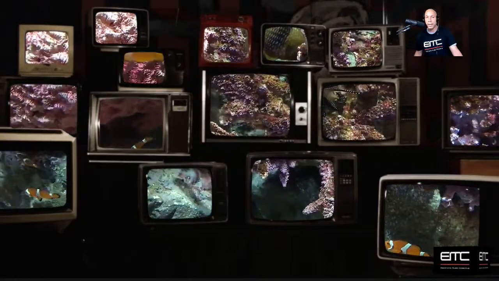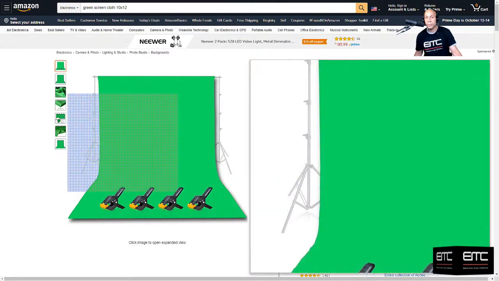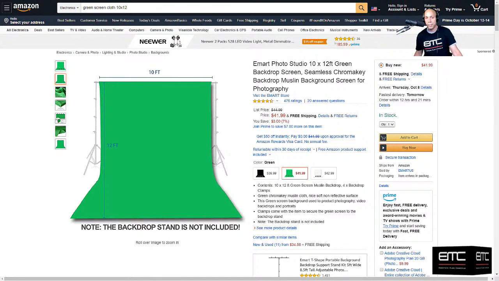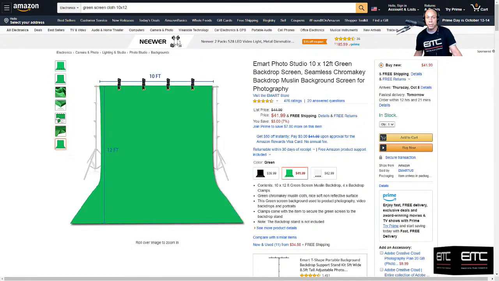But Amazon has a pretty decent selection of green screens that can fit into a variety of budgets out there. So let's start with, say, the green screen cloth material only. eMart Photo Studio has one out there. It's more of a traditional green screen setup. It's got the large screen, about 10 by 12. Doesn't come with the stand, but it does come with 4 clamps, and you're going to need to find something